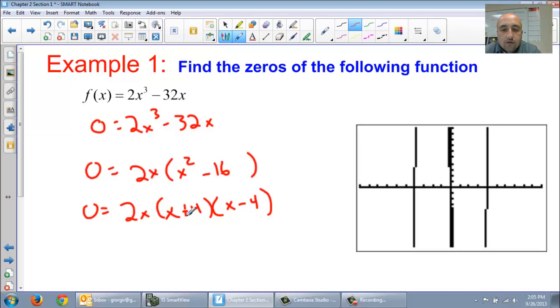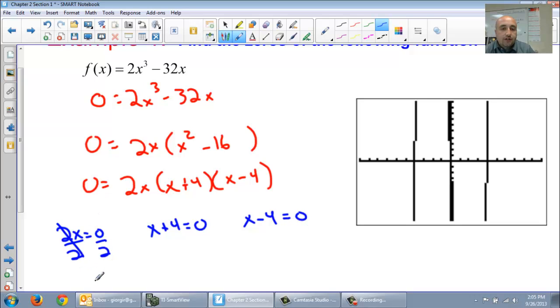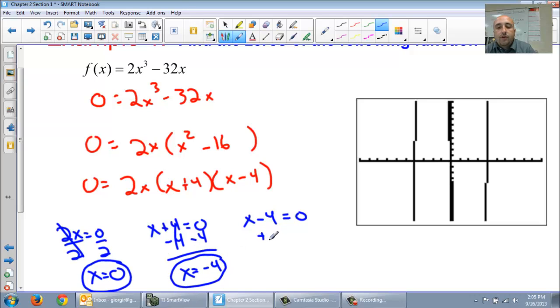Okay, so now we are fully factored, nothing else we can do. The only other thing we need to do, though, is to figure out what makes each of these 0. So we have 3 problems: 2x equals 0, x plus 4 equals 0, and x minus 4 equals 0. To solve each of these, this one we divide by 2, so x equals 0 divided by 2, which is 0. This one we would subtract 4, so x equals negative 4. And we would add 4,